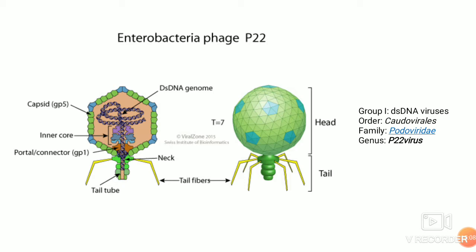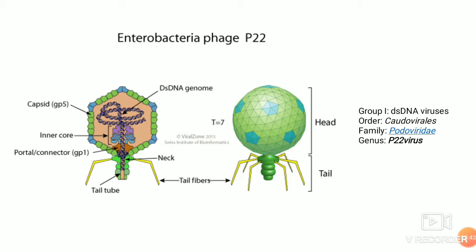The tail is composed of six trimers of 72 kilodalton GP9 tail spike proteins. The tail spike protein serves as an organelle for attachment of the virus to the host cell during infection and is itself a very stable structure. Inside the capsid there is DNA, which is stabilized by magnesium ions, so the genetic material is stably present inside the capsid.